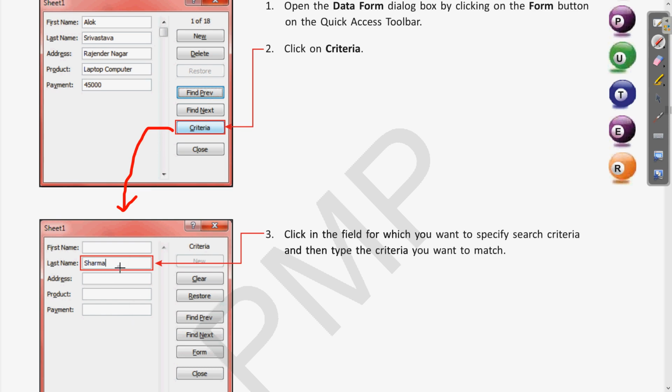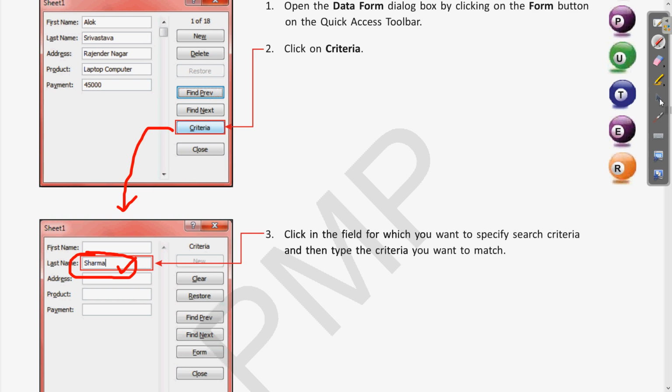Whatever condition you want to search, you specify in that particular label. Then the records which have the same value will be given to you when you click on the previous and next buttons.